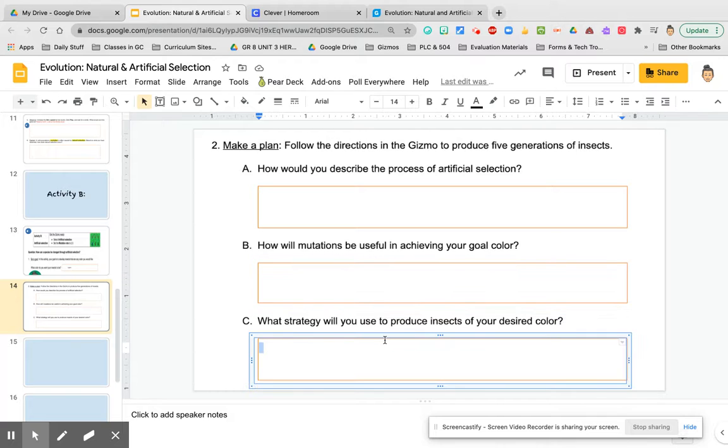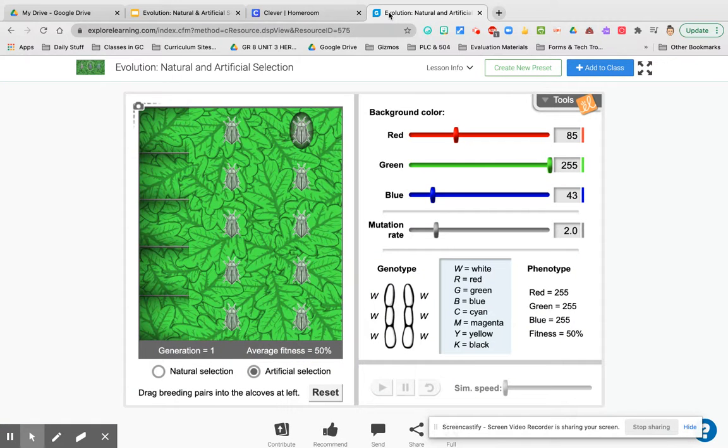And so what strategy will you use to produce insects of your desired color? All right, so we're going to go through here, and you have to run it through 5 generations. Remember, artificial selection, and we doubled the mutation rate. And it says, drag breeding pairs to the alcove. So what I want you all to see is that